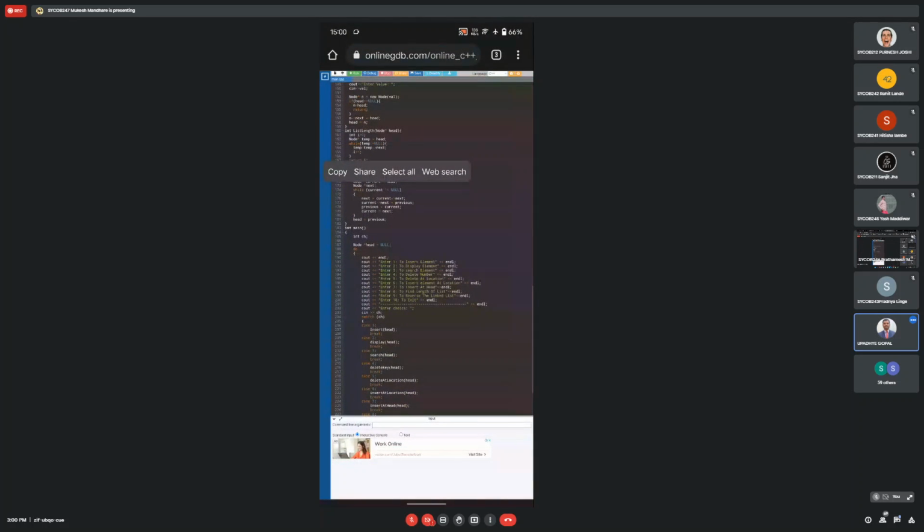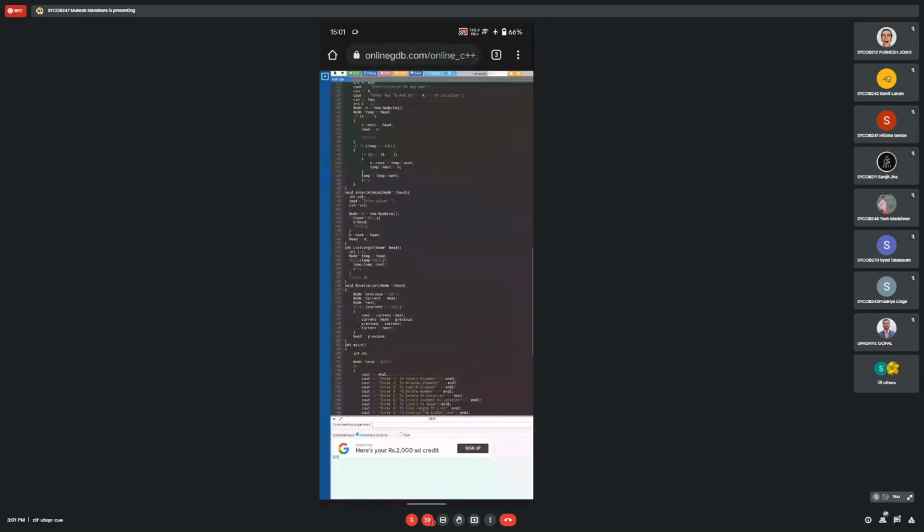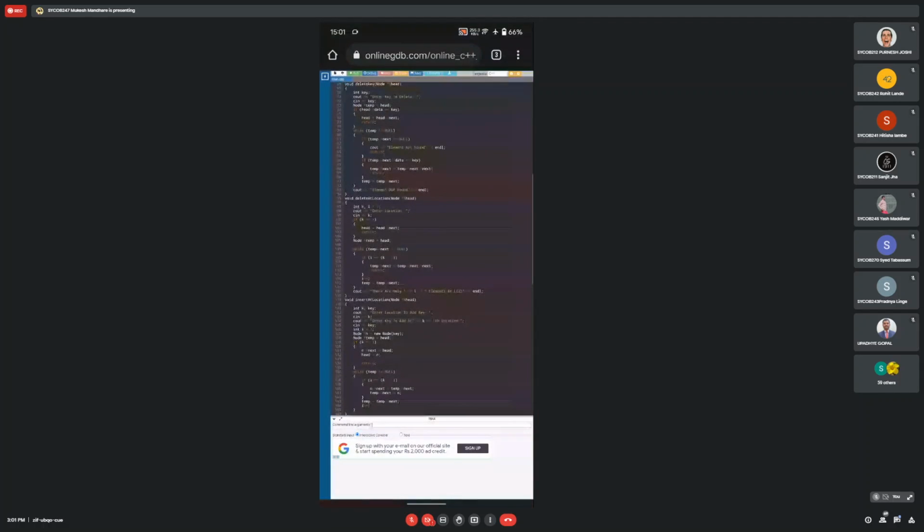Second assignment. In the second assignment, I have created insert at head, display element, search element, delete number, delete at particular location, insert element at location, find length of list, and reverse the linked list.